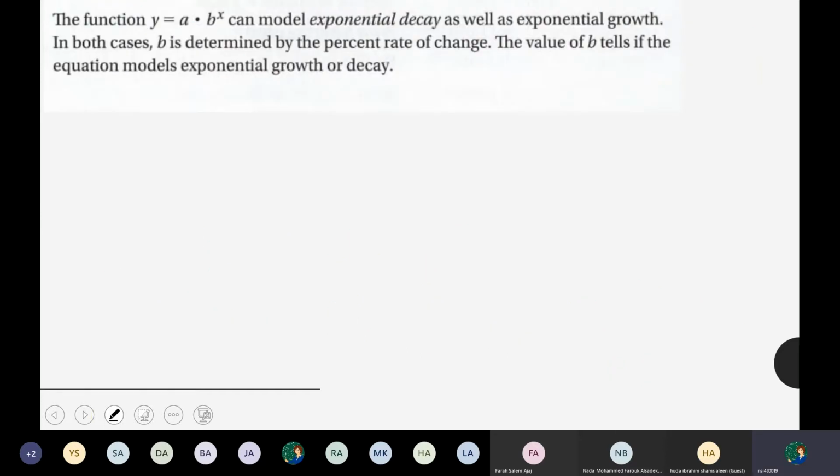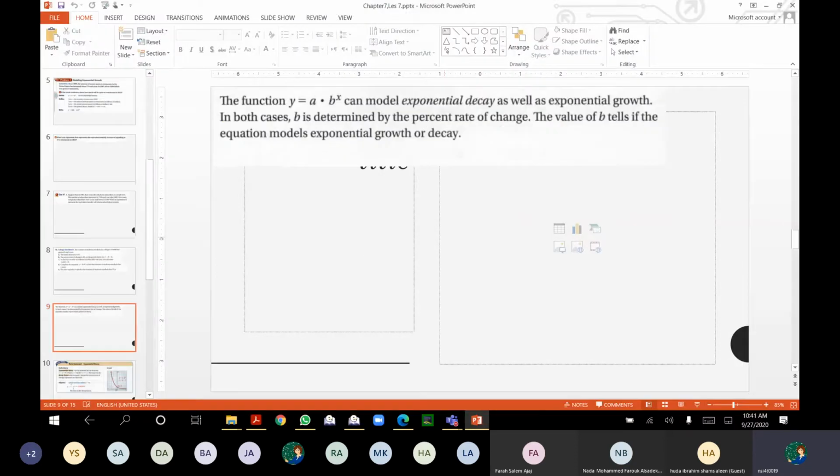Now, before we go to talk about the exponential decay,